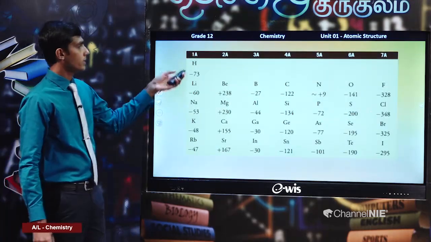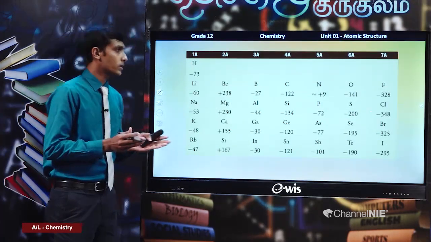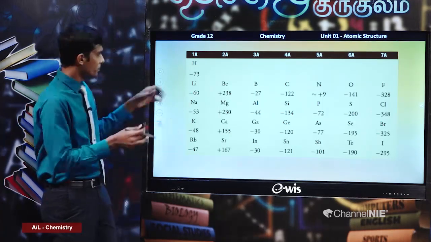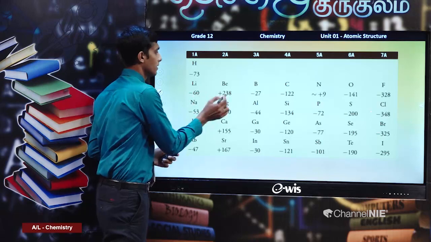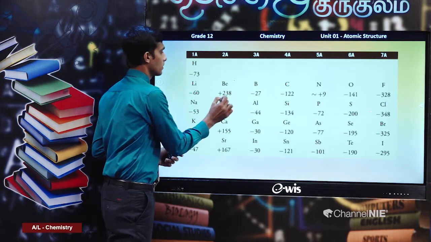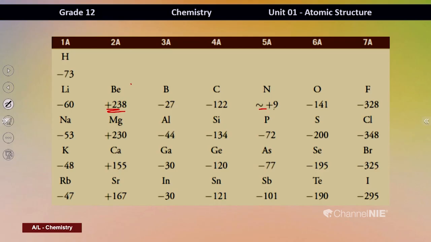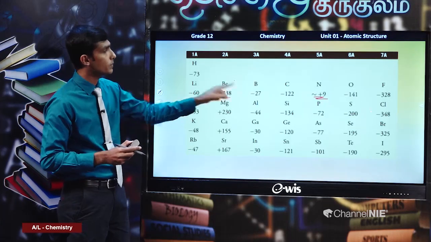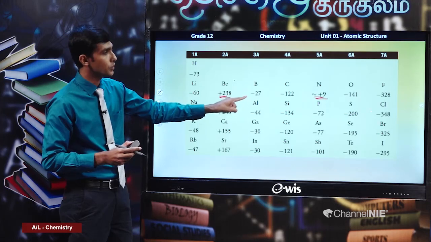Right. There you can see some approximate values for electron gain energy. Across a period, say second period elements, exceptions are there, positive values here. With these exceptions, you can see the negative value increases. That means the electron gain energy becomes more exothermic when moving across a period from left to right, with some exceptions. It is not a regular variation.